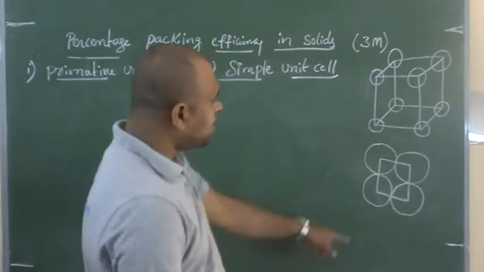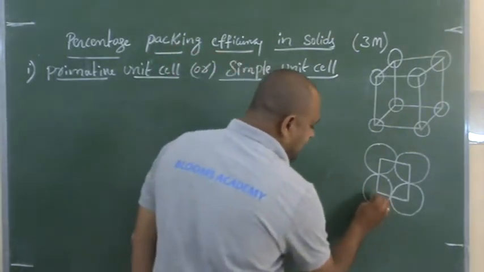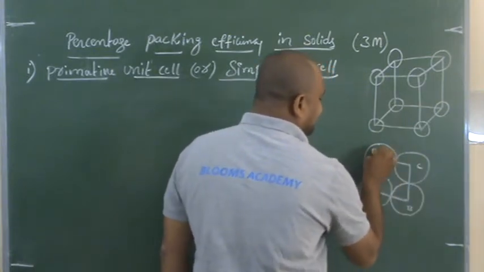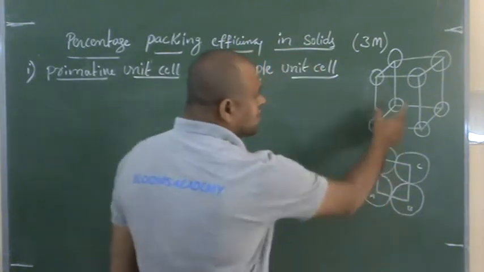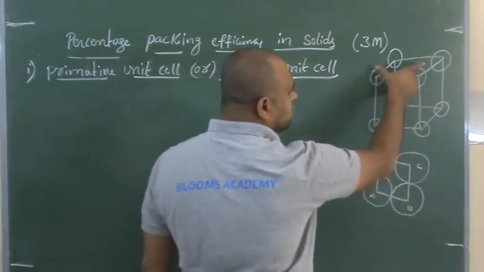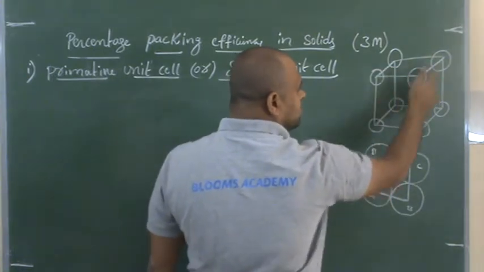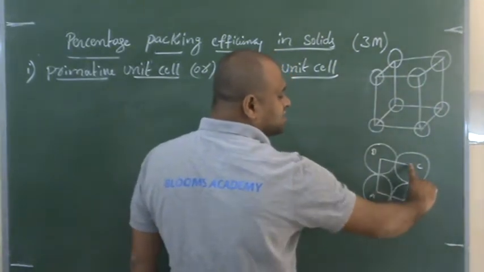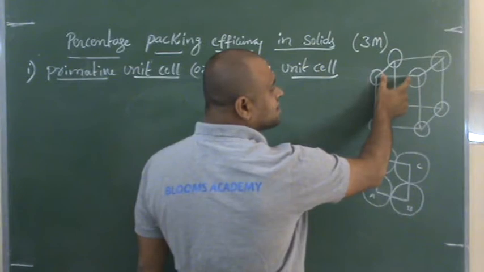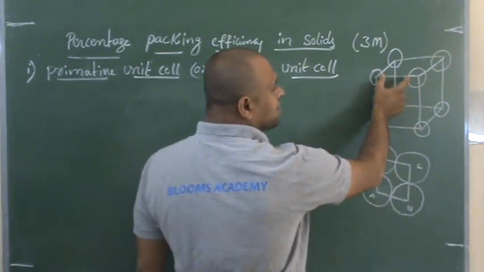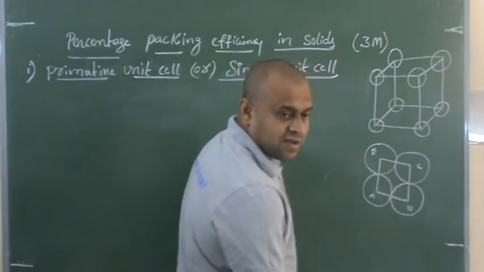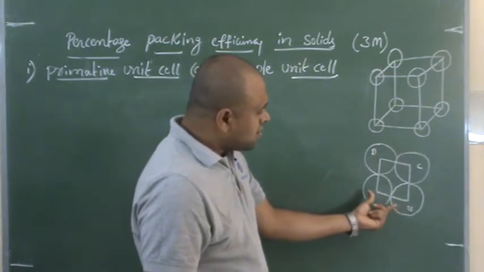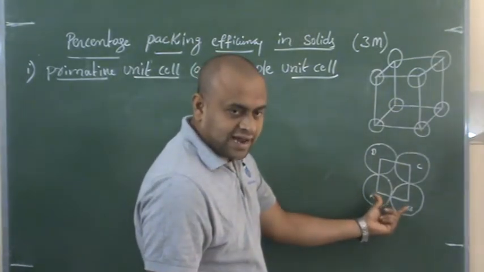Yes, actually the particles, these are the particles. I'll put A, B, C, D. These are the particles which are present at corner. See, I am showing you the topmost particles. 1, 2, 3, 4. These four particles, actual position is like this. They touch each other along the edges. Here, for understanding purpose, I had shown you that the particles are not touching each other. But in actual, the particles touch each other along the edges. Are you getting it? Yes.